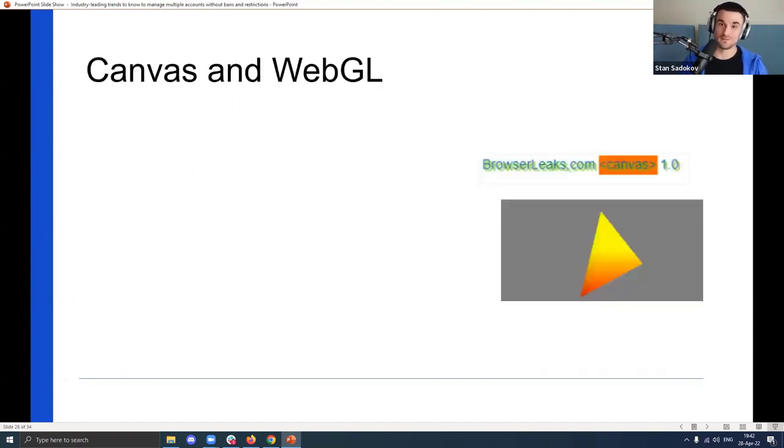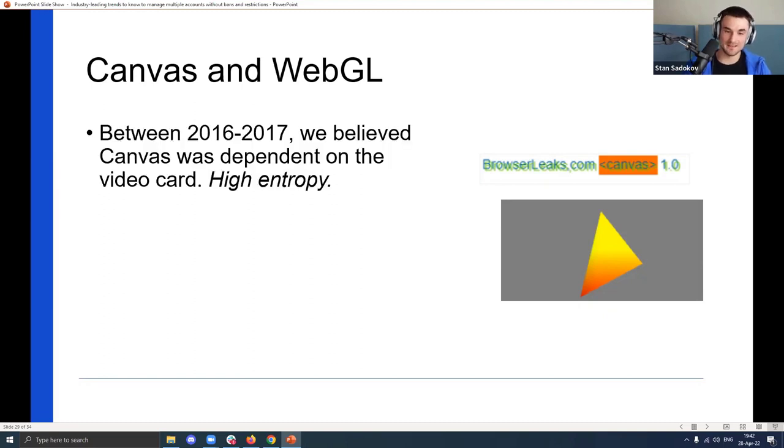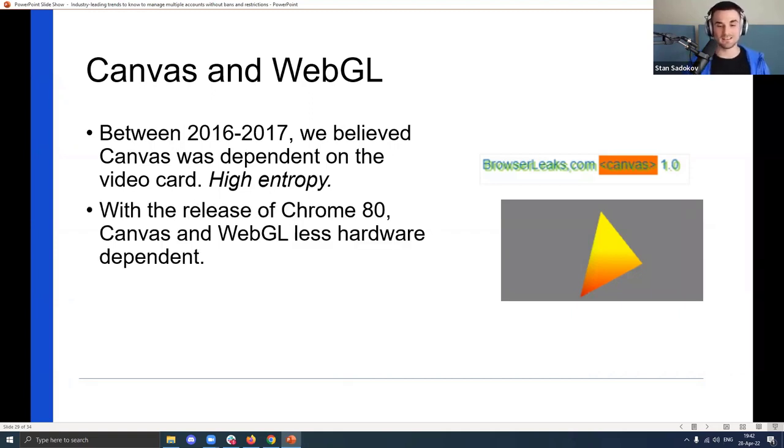Let's talk about Canvas and WebGL. Back in 2016 and 2017, we believed that Canvas was dependent on the video card. So it had high entropy because there are a lot of different video cards, and hence the end Canvas hash has a lot of variety, so it can be used to track you. But with the release of Chrome 80, Canvas and Web